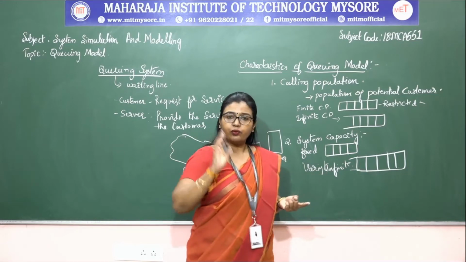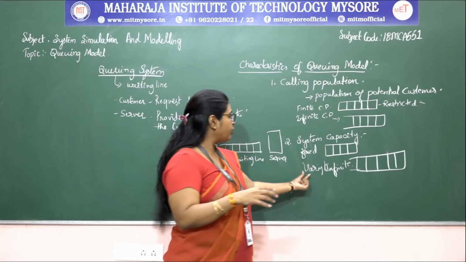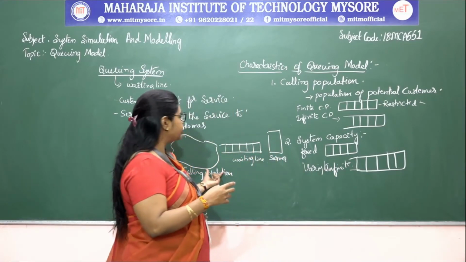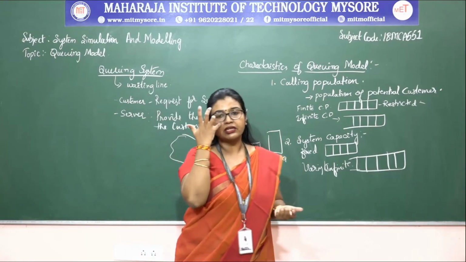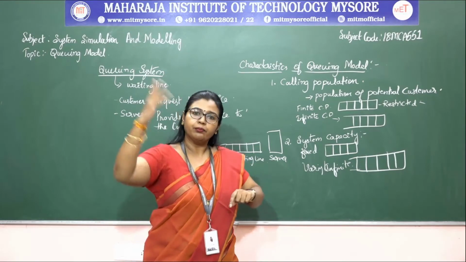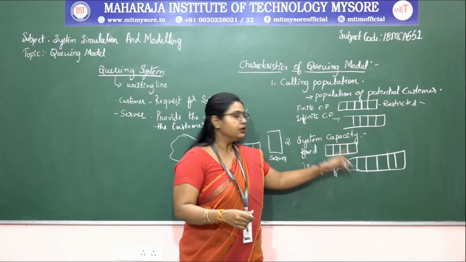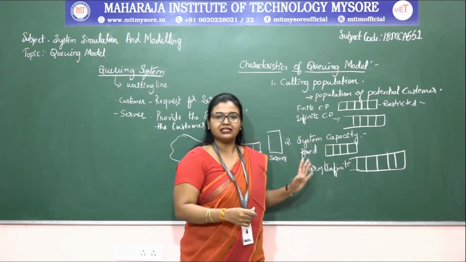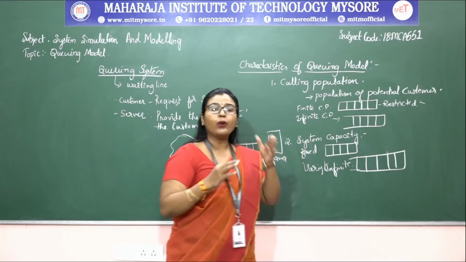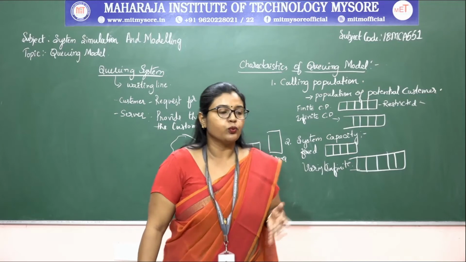And here the waiting also, so here it is restricted one. So and also varying and infinite ones. So the same example we can take. So that is the banking system, the number of customers, even though number of customers are more, so here waiting line may increase. So that is the variant or infinite capacity of the system. Okay, so here system capacity, that is the waiting length. So what is the waiting length of the system. So we can say.